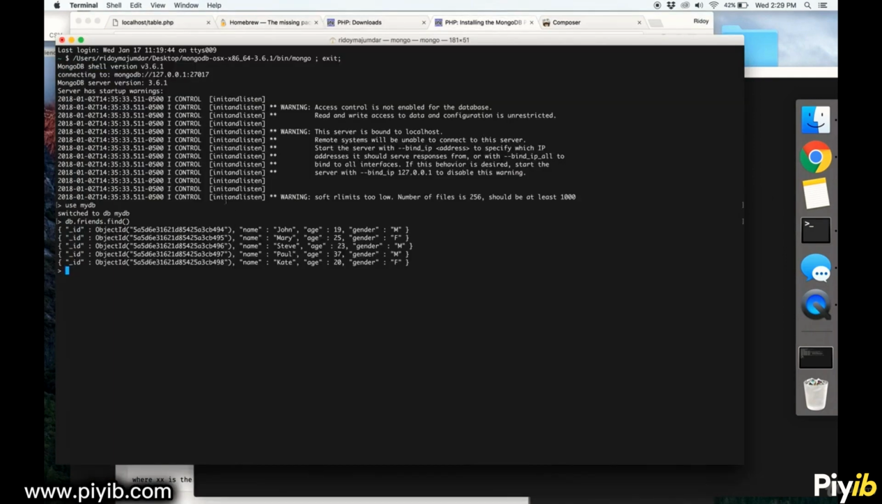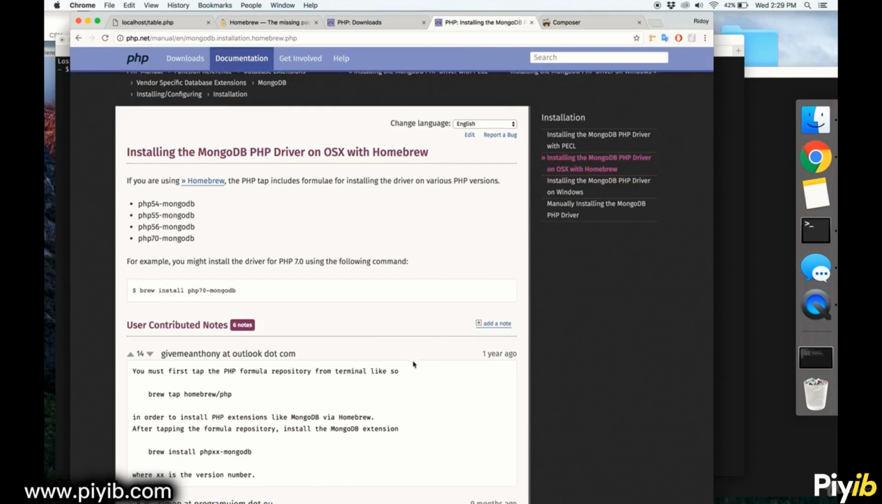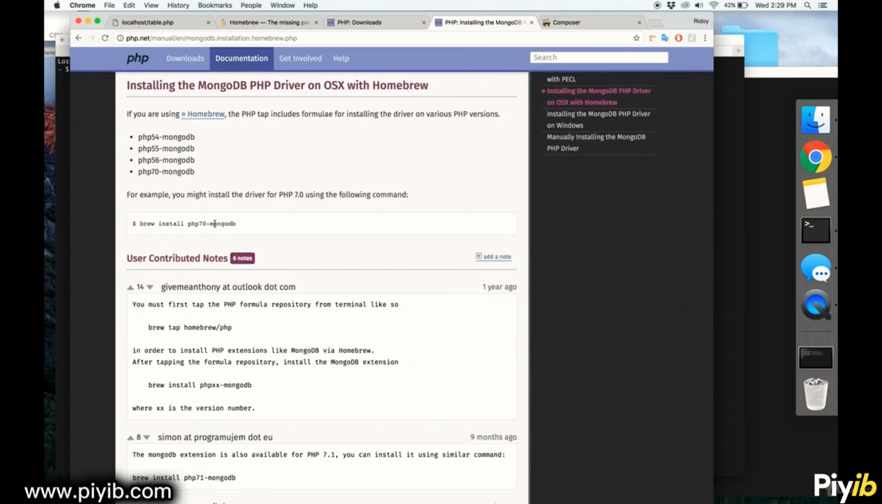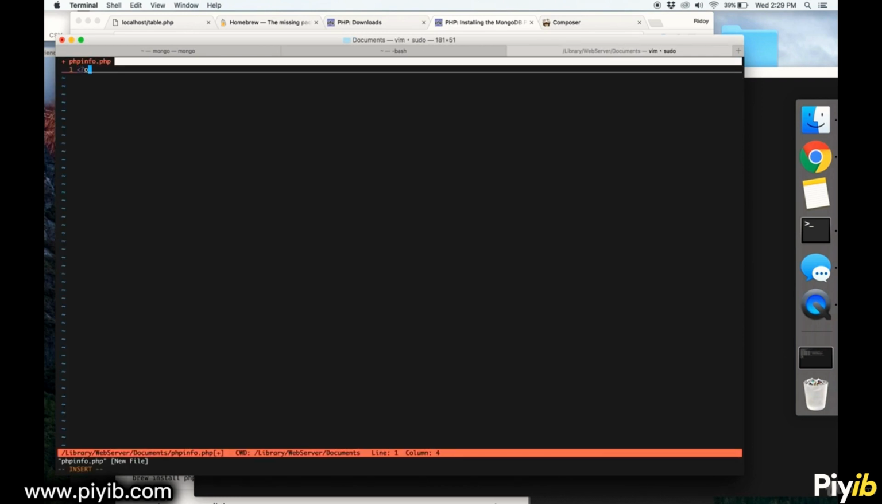And then from there, once you have Homebrew installed, you can get the PHP MongoDB driver based on the PHP version that you're running. Now, to find out what PHP version you're running, you need to go to your web server. So I'm running an Apache server. So all of my documents are in this directory, and I'm going to make a file called phpinfo.php, type in my password,